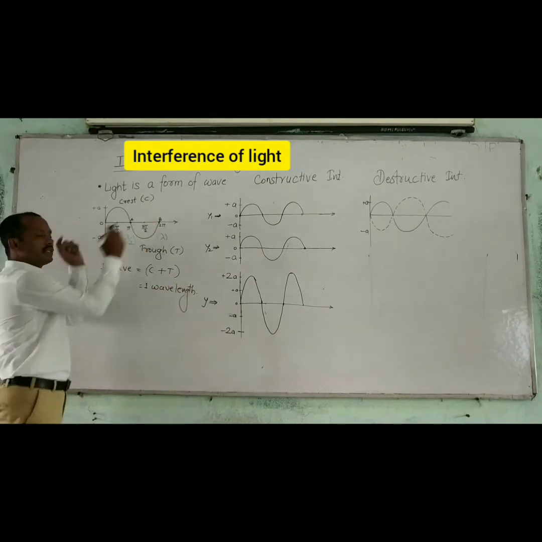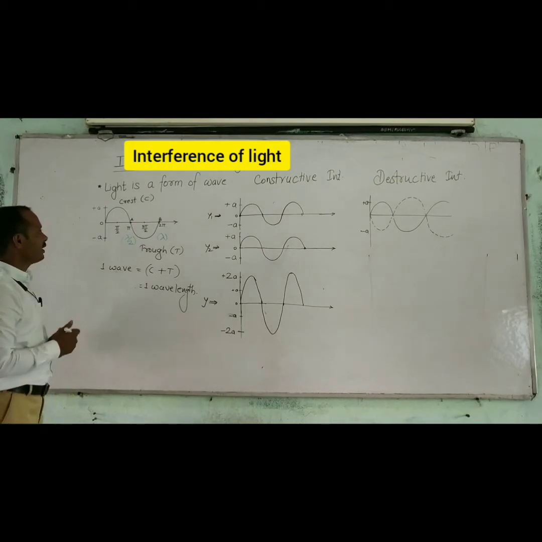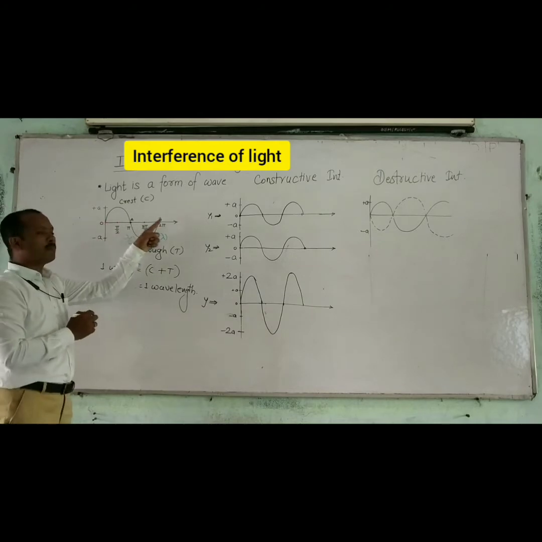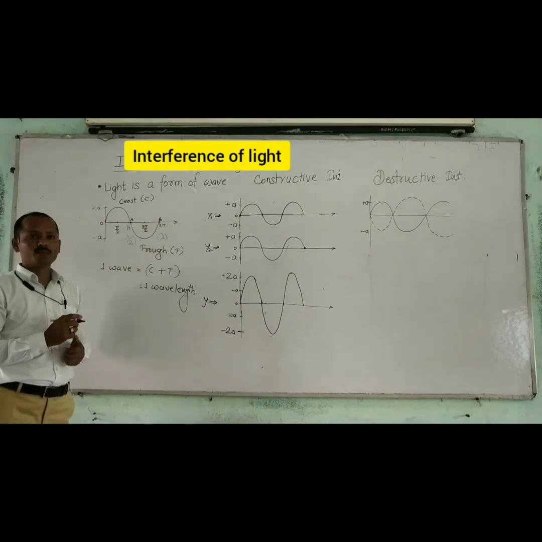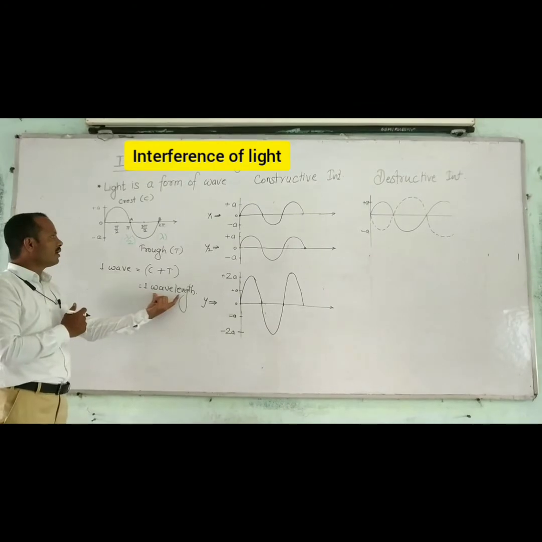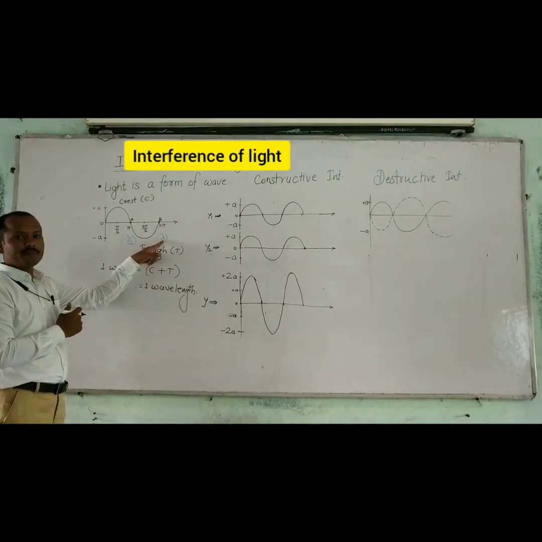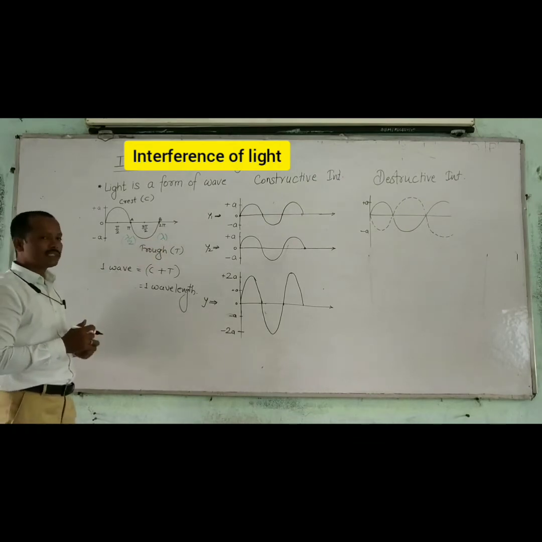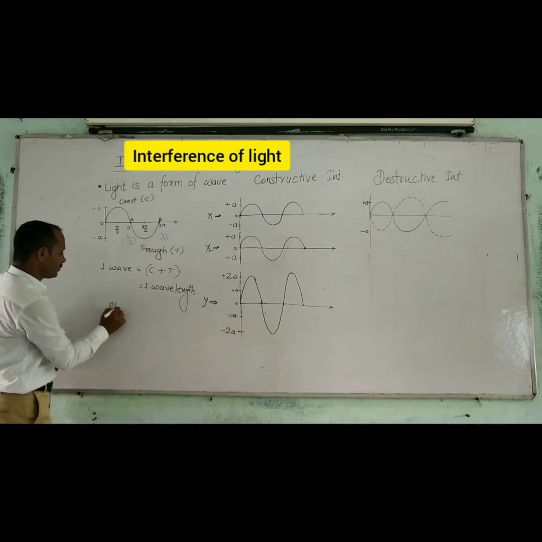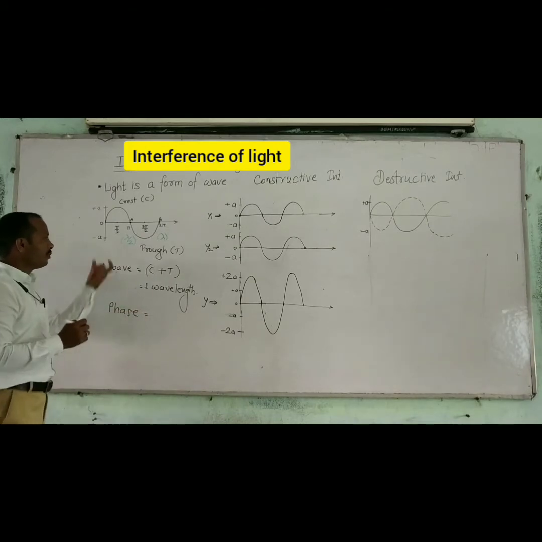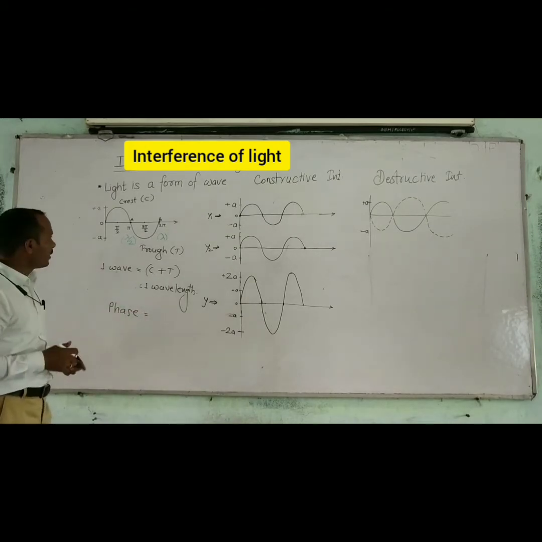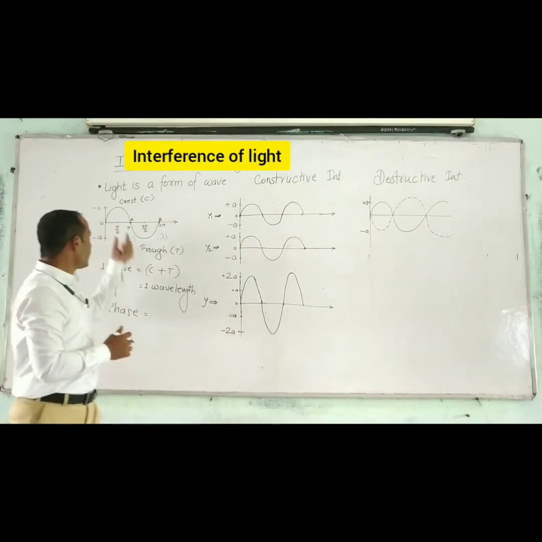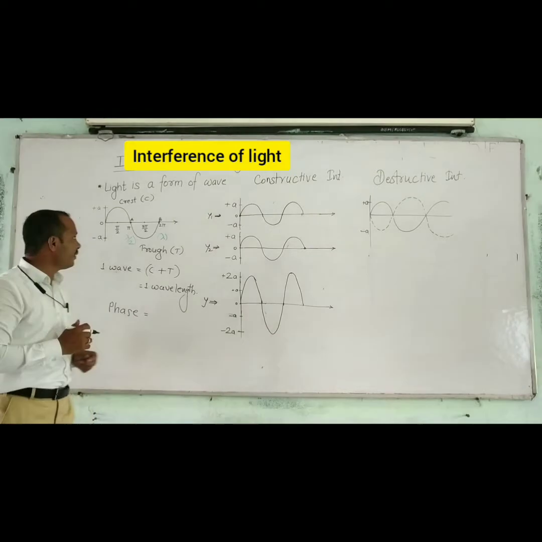Therefore this distance is known as the wavelength. The time taken to move the distance from O to B, that is, one wavelength, is given by lambda, here in the form of phase. Phase means what? Phase is always given in the form of angle. Now when we observe, there is one crest and one trough. Now we will see how much angle is covered by the wave in one crest.